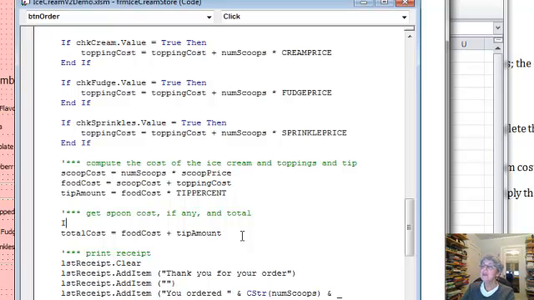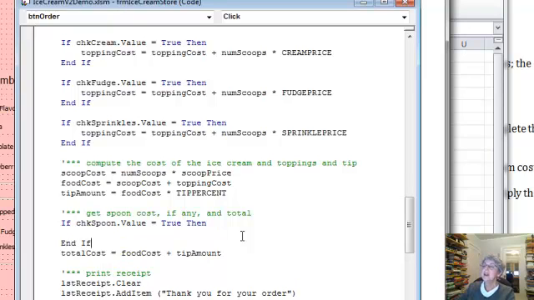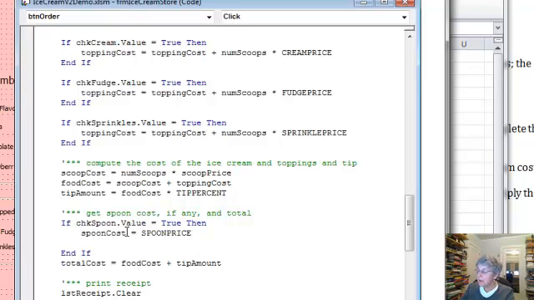But anyway, so we need an if here. So if check spoon dot value equals true, then let's put our end if. What we want to do is just set spoon cost equals spoon price. So why do I have a variable and a constant? Well, basically in case someday I want to let you buy more than one spoon. So okay, the spoon cost equals the spoon price, and if you didn't pick a spoon, I'm going to do